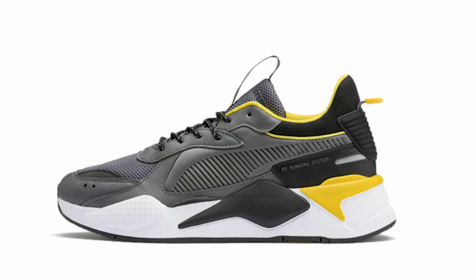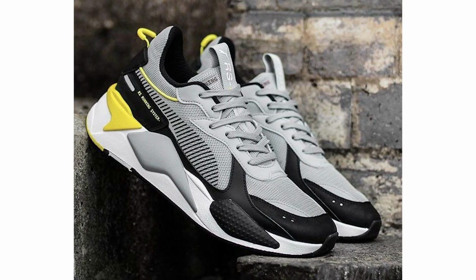But the Puma RS-X Core really is a really cool RS-X. A lot of RS-Xs are super loud and super bold, but this RS-X has a predominantly gray upper with hits of yellow. Now, you don't see this color combo very often, and I think Puma did an excellent job executing it this way. I really do think it's one of the best Puma RS-X colorways that really doesn't get a lot of credit